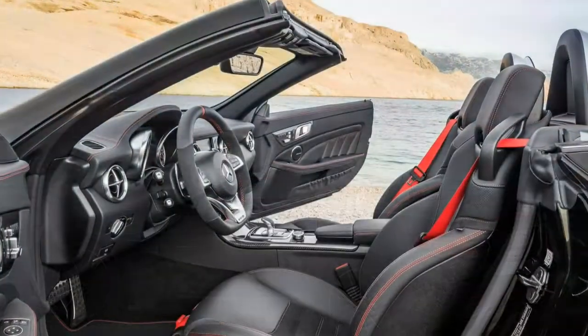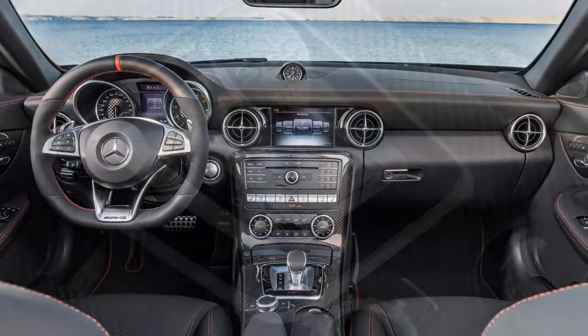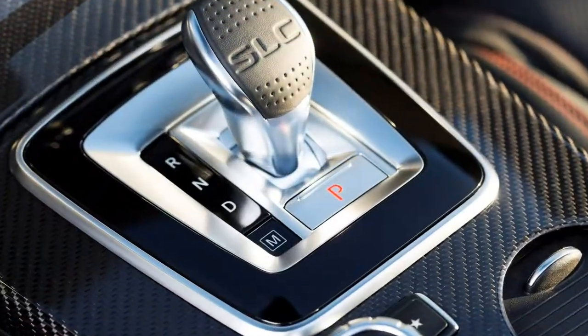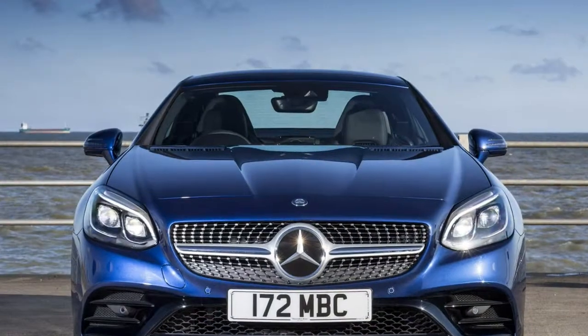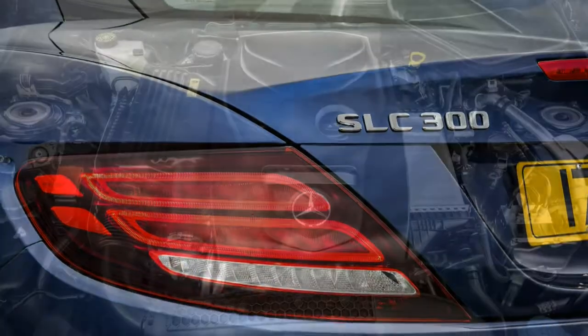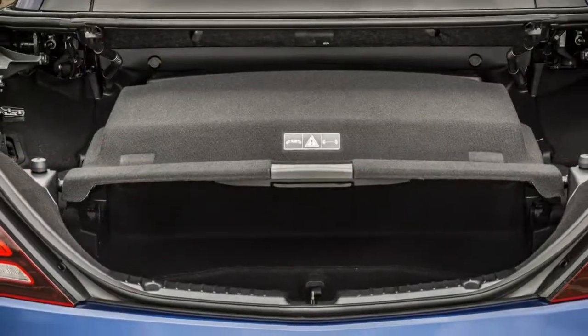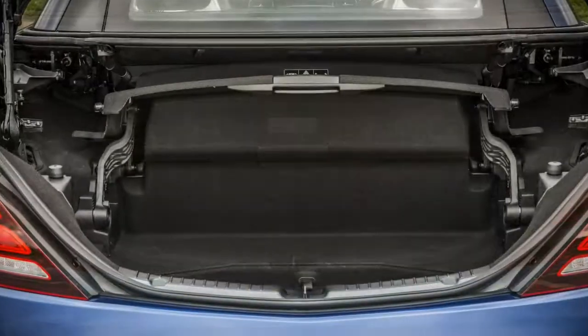The SLK gained a 4-star crash test safety rating from Euro NCAP, but the SLC hasn't been tested yet. We expect it'll do well though, thanks to advances in safety equipment and driver assistance systems, including the automatic active brake assist, a fatigue detection device and active bonnet, which pops up to protect pedestrians in the event of a